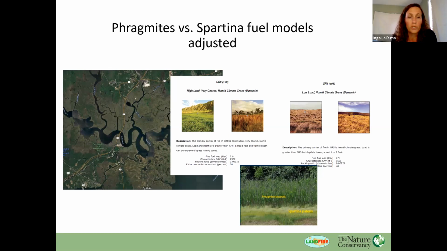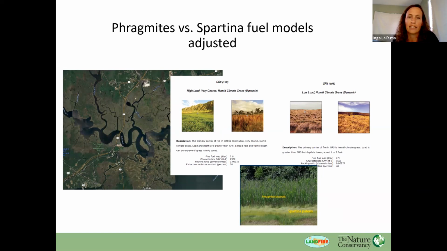Historically there have been fires in the salt hay area, but that doesn't happen as much anymore because people don't farm salt hay. In any case, much of this area was considered the GR8 fuel model, which you can see there.